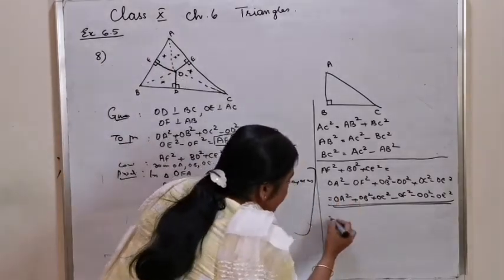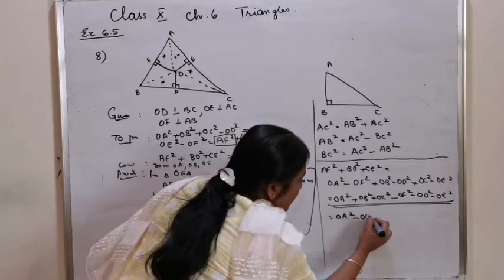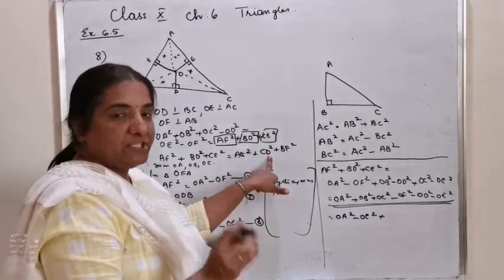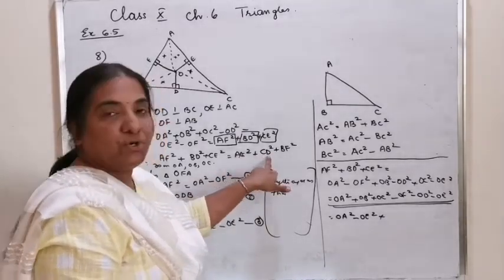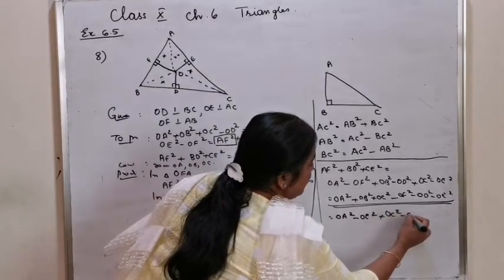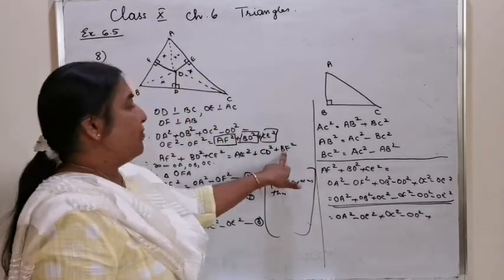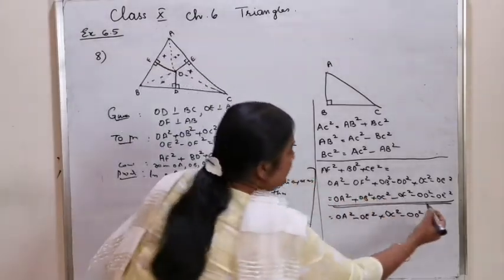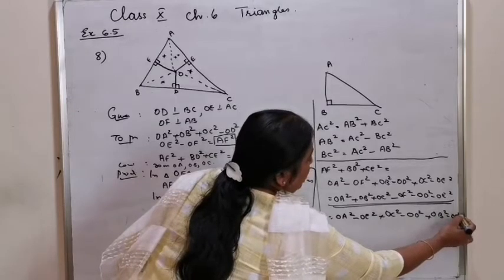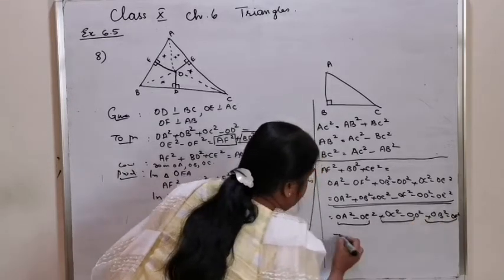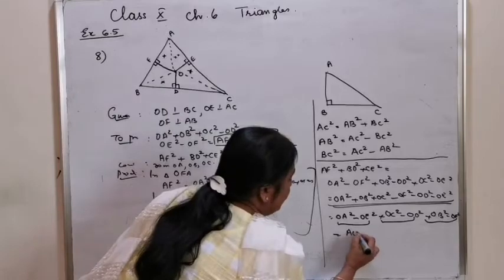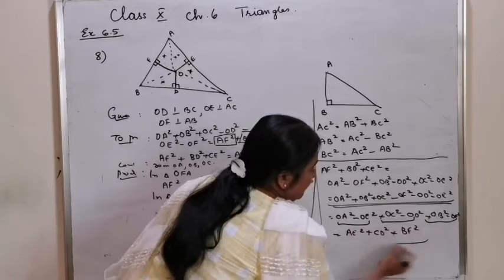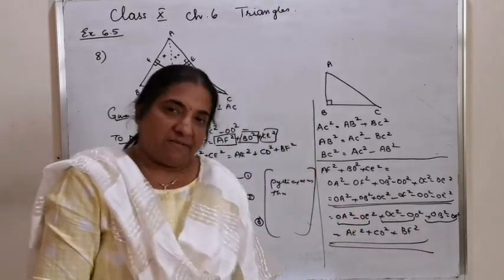So if you connect OA square and OE square, the next is CD square. The terms to be connected are OC square and OD square. That is OC square minus OD square. And for BF square, the terms to be written together are OB square and OF square. OB square minus OF square, which is giving you the second result of AE square plus CD square plus BF square from the corresponding right triangles.